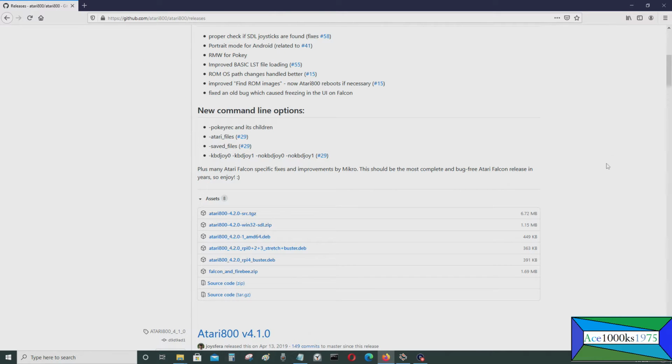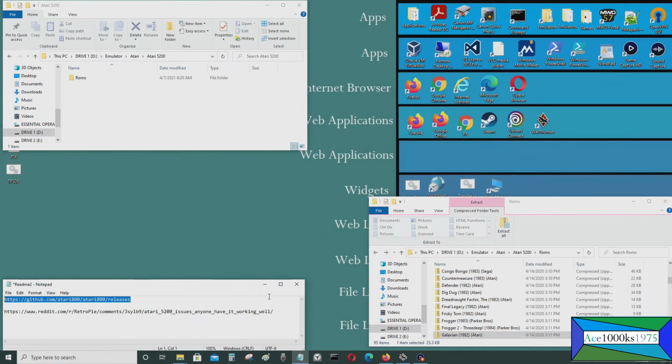And you could pick the one for AMC64, or you could pick the Windows 32 version. And for me, I'll be selecting this version right here. There's also the Raspberry Pi 4 Buster version, but today we'll be doing it on the Windows 10 operating system. So I'm going to be downloading this, and we also need to download the BIOS, and I found the BIOS here,